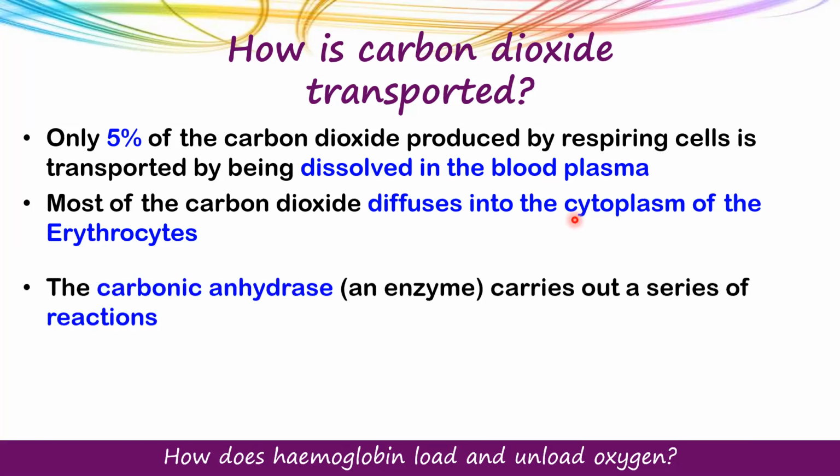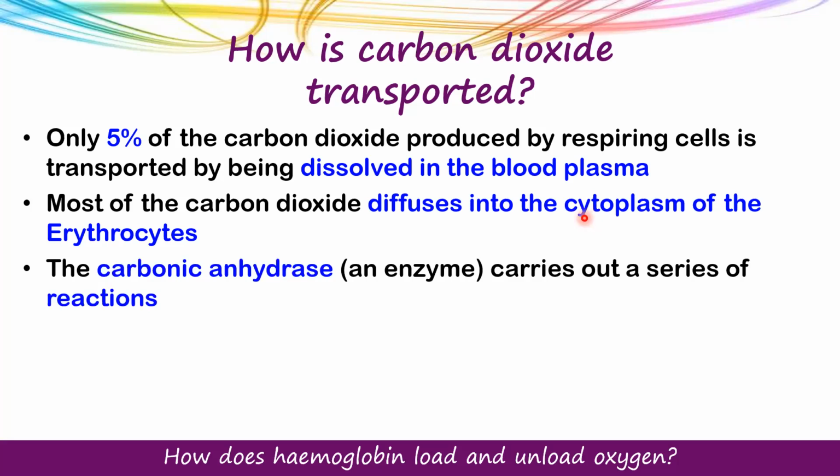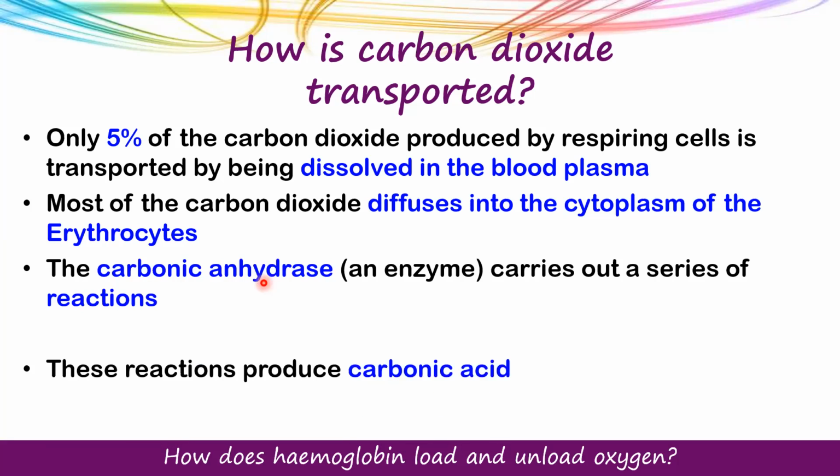What is happening in the cytoplasm of the red blood cells, there is an enzyme which is known as carbonic anhydrase, right? It carries a series of reactions, and what it does is that it reacts with the carbon dioxide, okay, along with water, and it converts it into carbonic acid, right? So carbon dioxide diffuses into the red blood cell in the cytoplasm. Okay? In the cytoplasm, there is this enzyme which is known as carbonic anhydrase. So carbon dioxide reacts with water in the presence of this enzyme and converts into carbonic